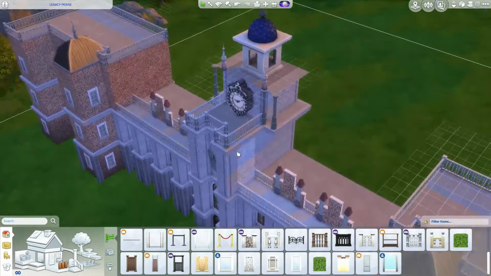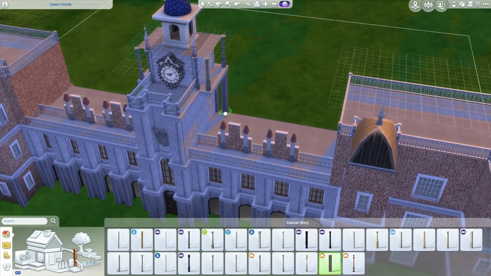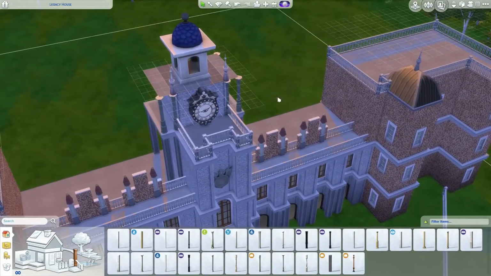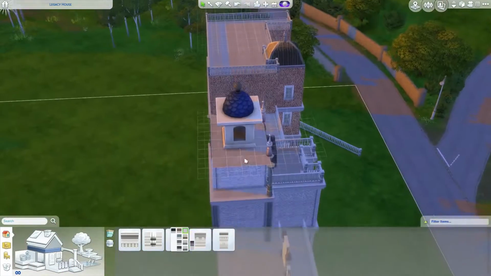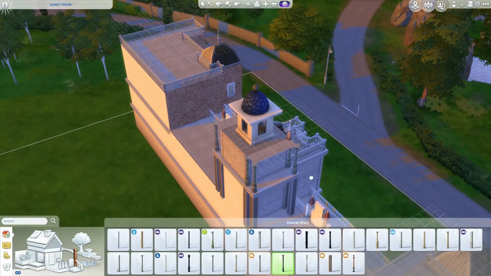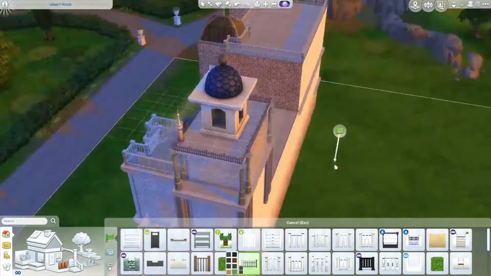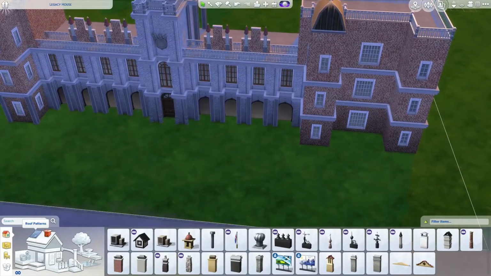I also had a lot of trouble with the wall tool. Sometimes it just doesn't work on my PC, so I drag a wall and it just doesn't go right. You can see that because I drew a fence in the front, and I don't know how that happened, but sometimes it just doesn't work, and that's quite annoying. But yeah, I don't know why this is. Perhaps I have to reinstall my game again, but